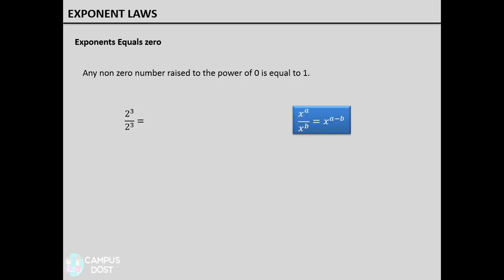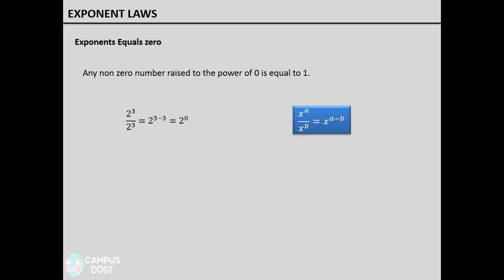Okay, now in an earlier lesson, we learned that if we take any non-zero number and raise it to the power of 0, we get 1. We can now see why. This is through the following example. The numerator and denominator here both have the same base of 2. We can simplify this quotient by applying the quotient law. So the quotient here will be 2 to the power 3 minus 3, which is equal to 2 to the power 0.